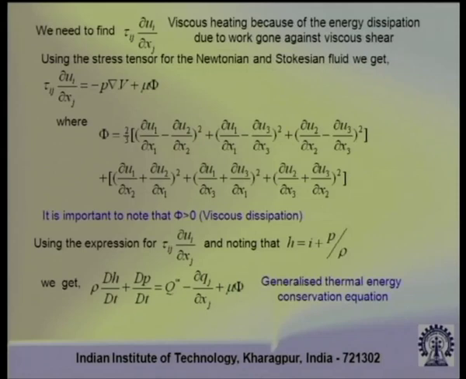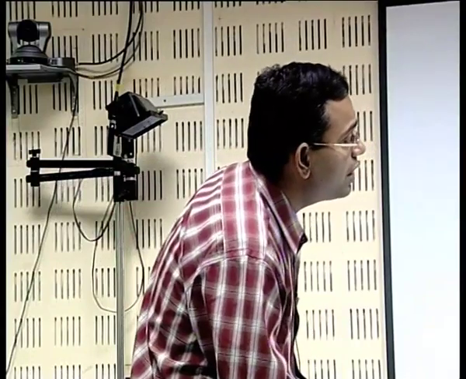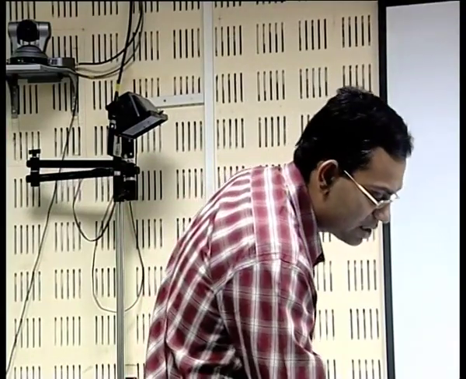So, we are now writing this expression in terms of the enthalpy by substituting the enthalpy in terms of internal energy, pressure and density, that is the generalized thermal energy conservation equation. So, if somebody is interested to write the generalized equation in terms of enthalpy, then this is the general form, but if we are interested in further simplifications, we have to